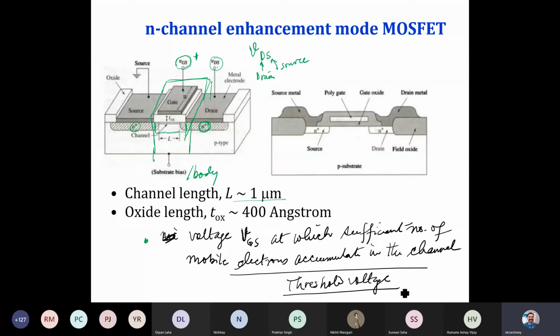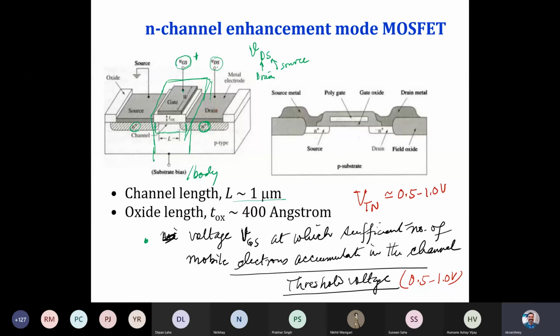So basically this voltage value generally comes between 0.5 to 1.0 volt. So that we can write as VTN. Since I'm discussing the NMOS, I'm referring to it as VTN, though it remains the same for both NMOS and PMOS. So basically it goes in the range of 0.5 to 1.0 volt.